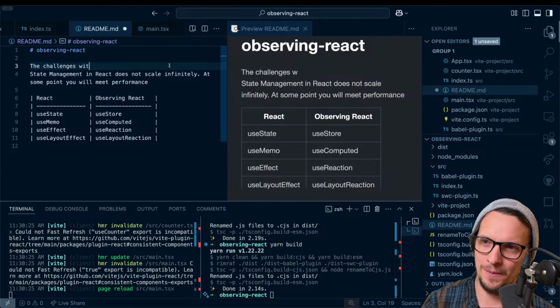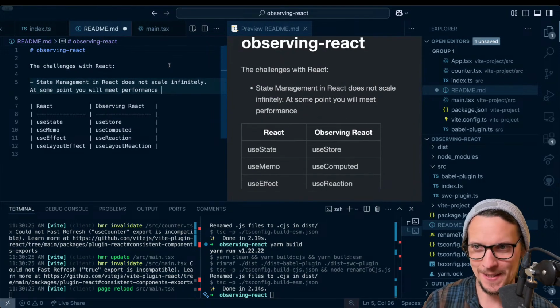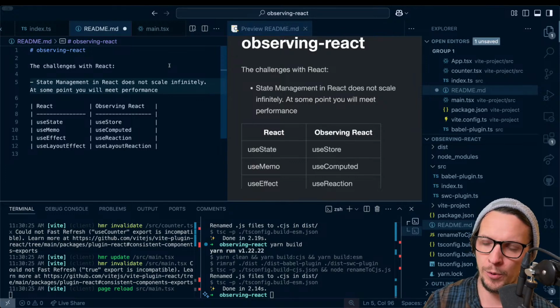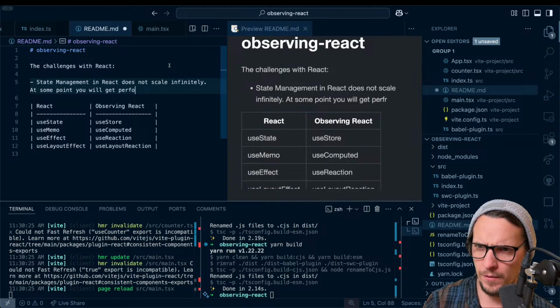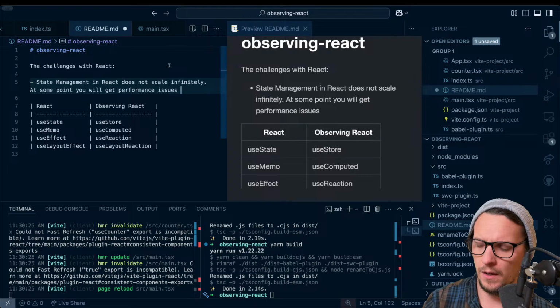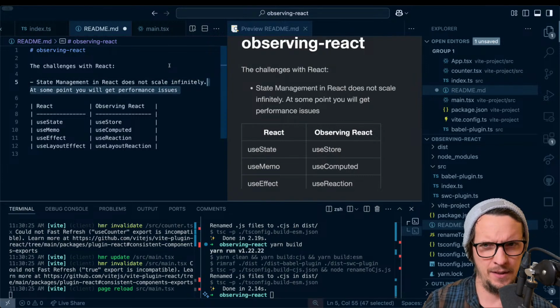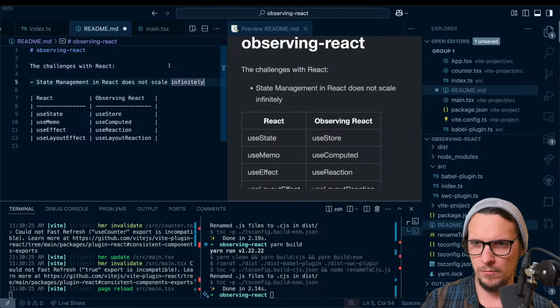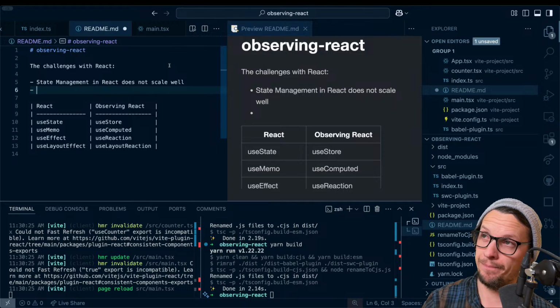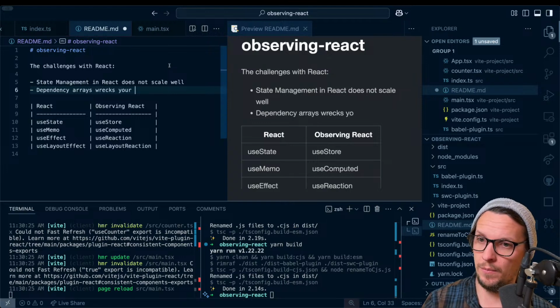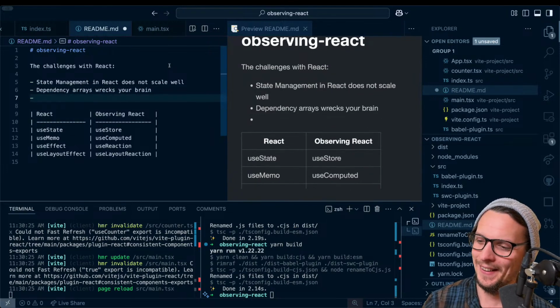The challenges with React. I'm just going to make some statements. State management in React does not scale infinitely. At some point, you will get performance issues. It doesn't scale well. Let's just do that. And then there's dependency arrays wrecks your brain. So hooks is not a problem with React. We've kind of been stating